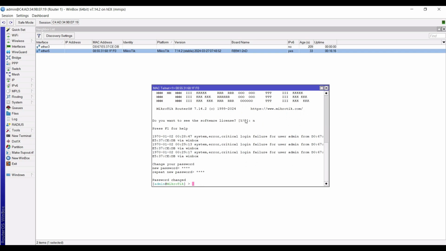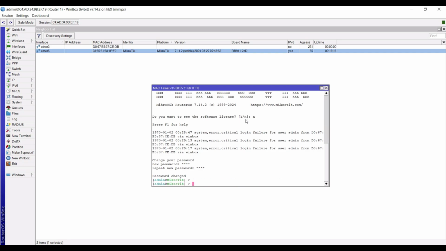We will now enable Romon on router 2 and put the Romon password. Type this command: tool romon set enabled=yes secret=Romon123. Enter.